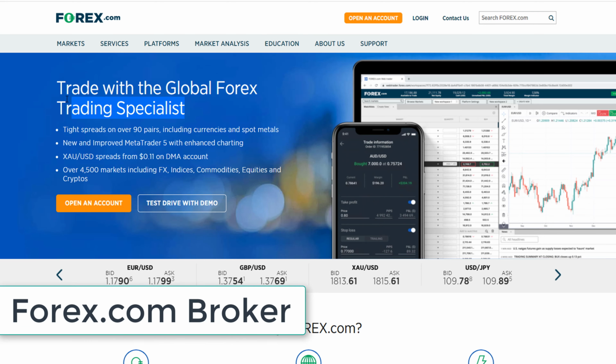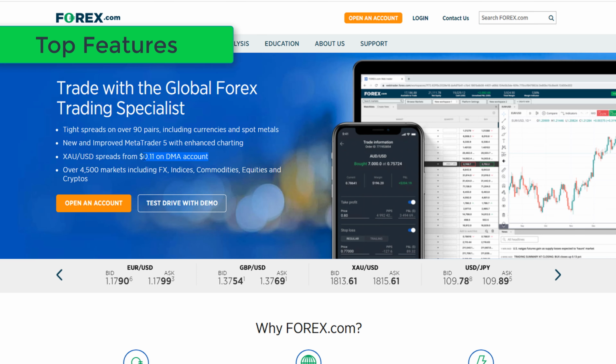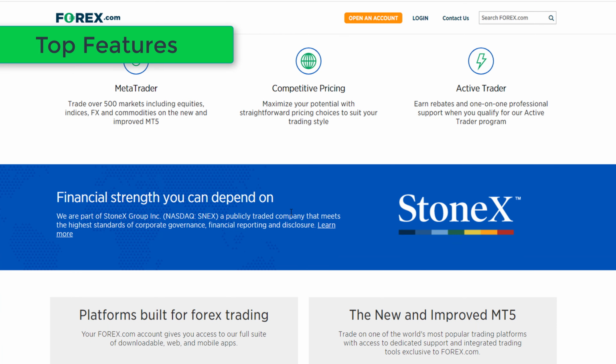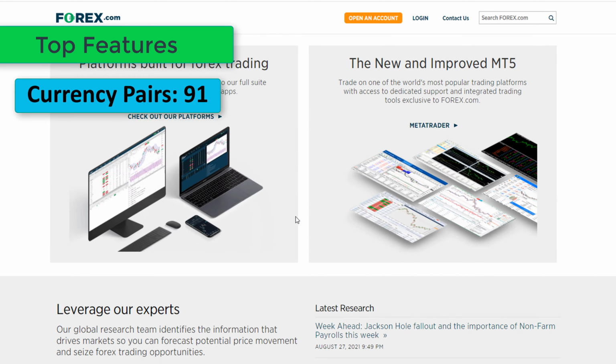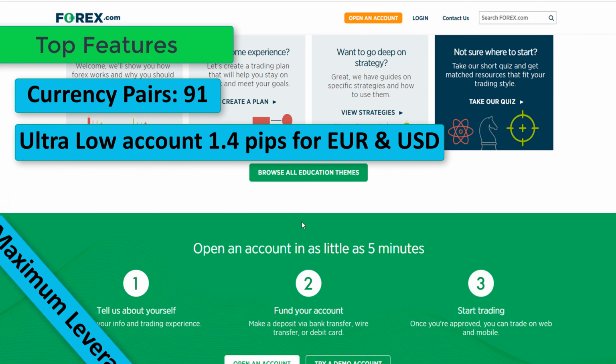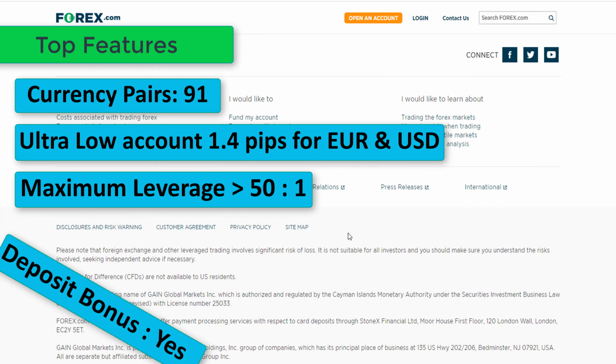Number 3, Forex.com. We place this company in the first place on our list of top 3 US Forex brokers because it has a rather low spread level, which allows traders to trade without unnecessary commission expenses. Forex.com accepts payments and withdrawals of funds through bank transfers and payment cards, which guarantees the safety and reliability of